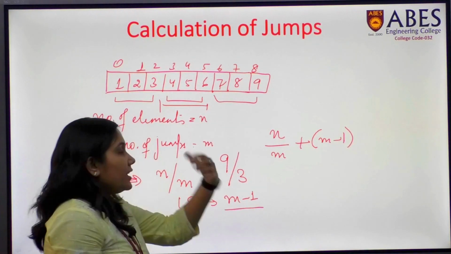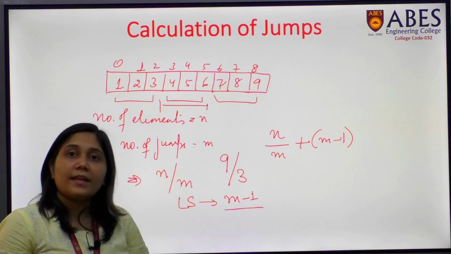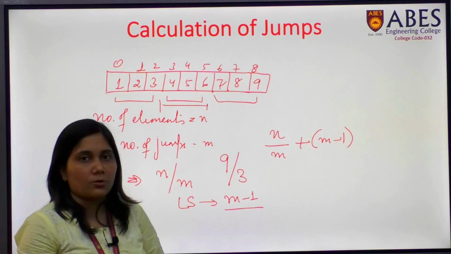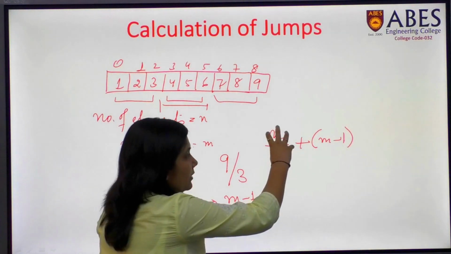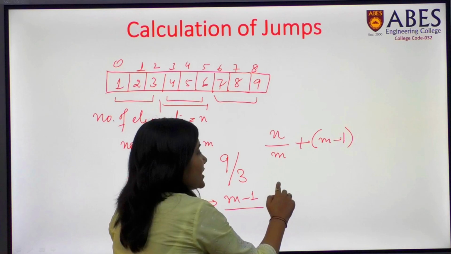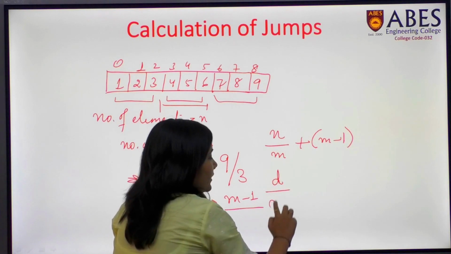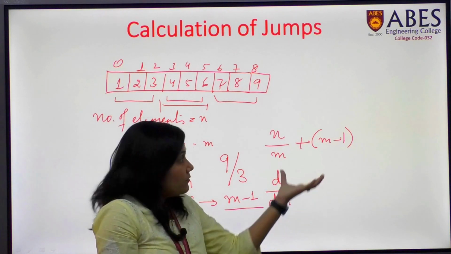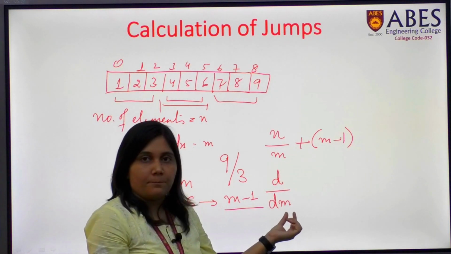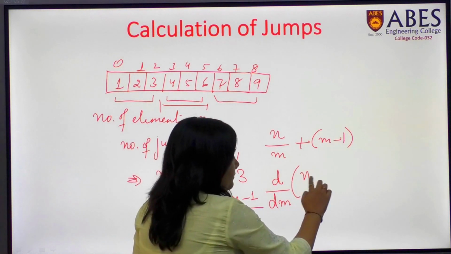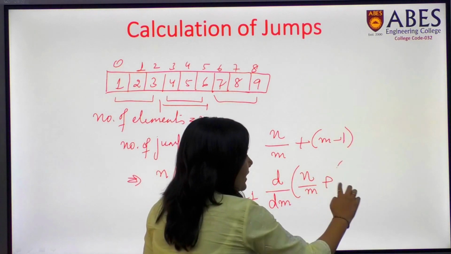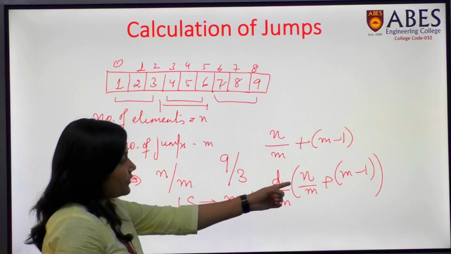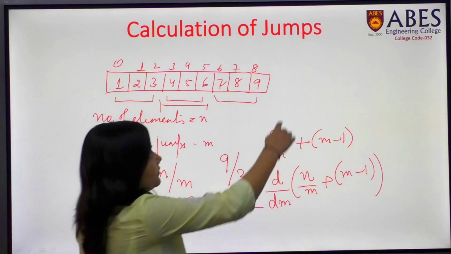Okay. So with this we can also calculate the time complexity and how many blocks are required. Because this will minimize the things, and for minimization we know we have a concept called differentiation. So I am differentiating this entire term with respect to m: N by m plus m minus 1. Okay. So if you differentiate it with this, I am writing this here.